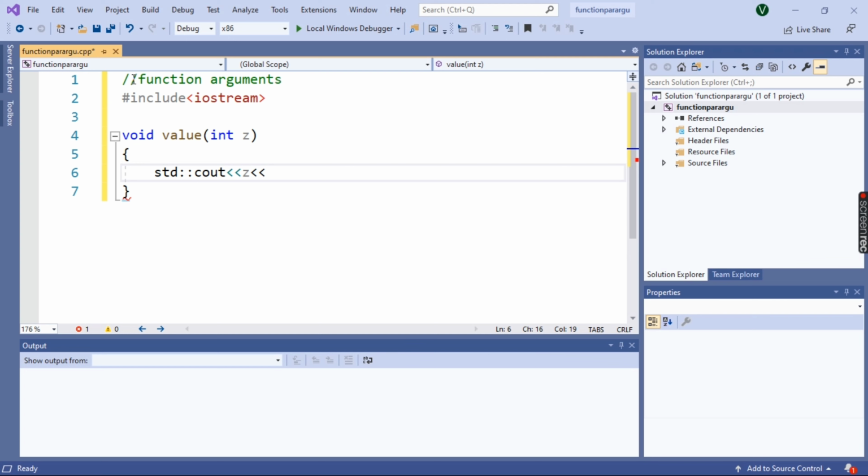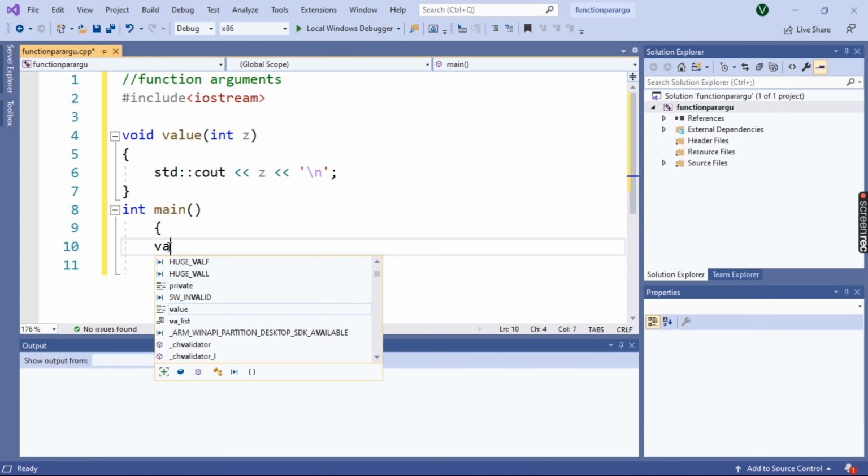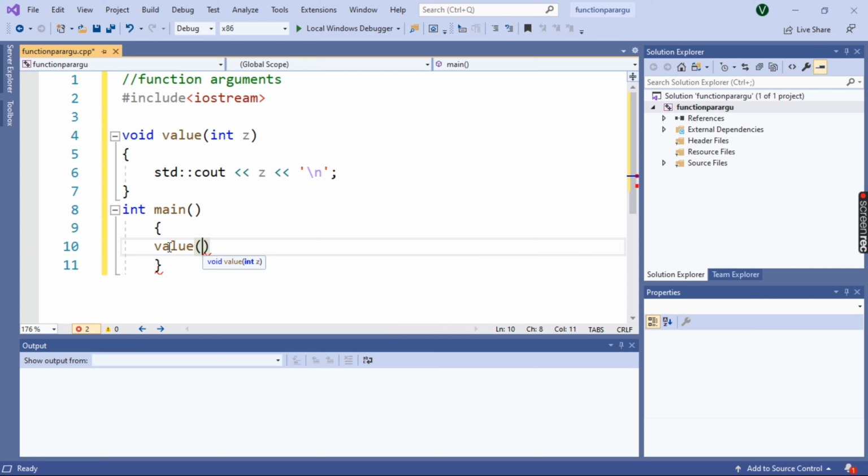Then in the function definition std::cout << z to display the value of z, then \n to move the cursor to the next line, and then semicolon. Now here is the main function of integer type. Inside the main function definition I'm calling the value function, with the value 6 inside it, and then return 0 and semicolon.